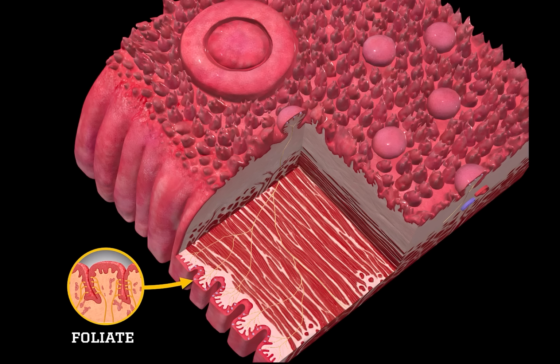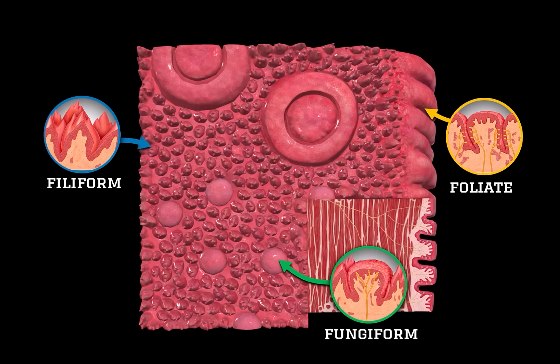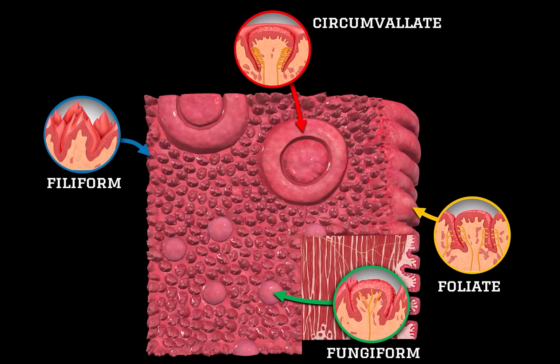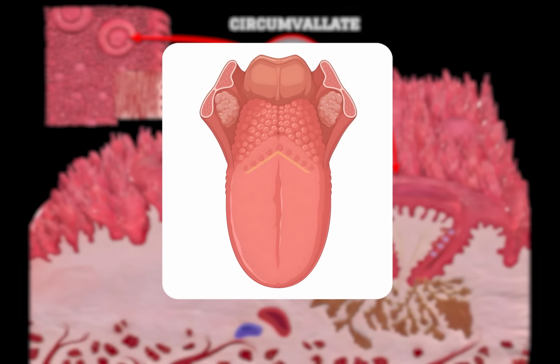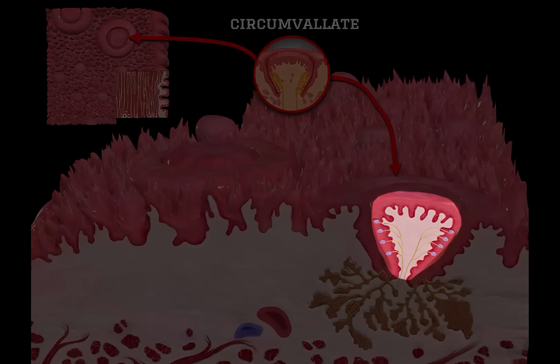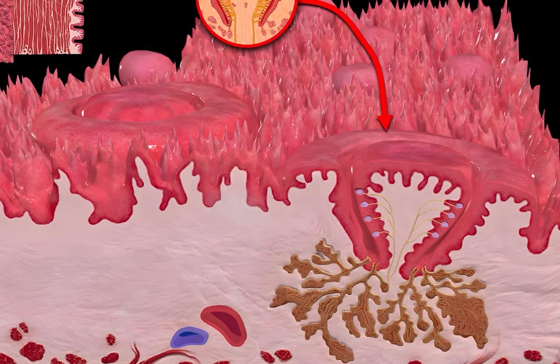Even though they aren't as visually obvious as the other types, they contribute to taste detection along the posterior-lateral regions of the tongue. And finally, at the very back of the tongue, just in front of the terminal sulcus, there are the Circumvallate Papillae. These are the largest papillae and form a V-shaped line pointing towards the throat. Each one looks like a dome surrounded by a circular pit, and the walls of that pit are packed with